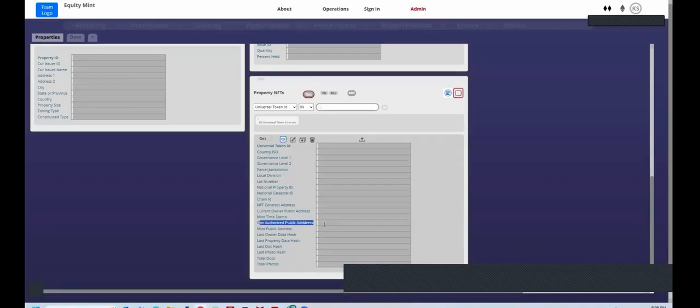And so that says, yes, this property, this token ID, with this governance level, it is real. It was endorsed at one point with a timestamp by this employee who actually minted it. And there's docs. You see, look, there's docs associated with it. There's property data. There's hashes of photos. There's hashes of